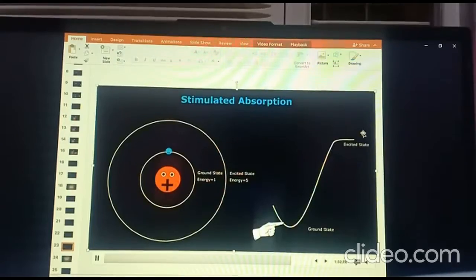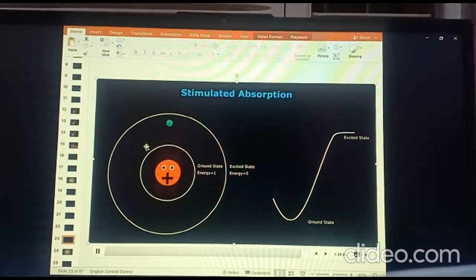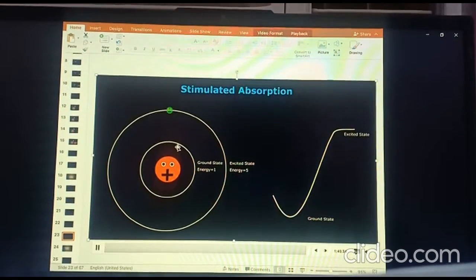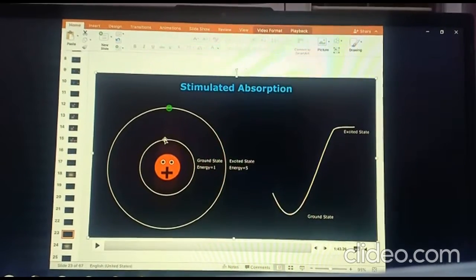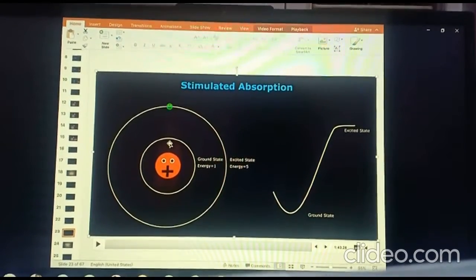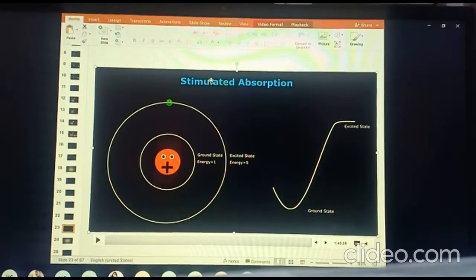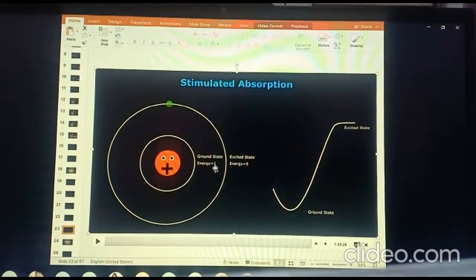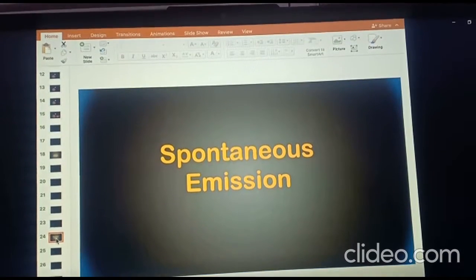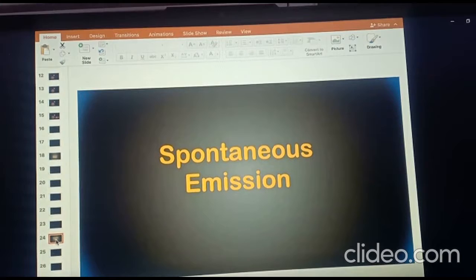Okay, so guys, the photon should have the same energy difference between the excited and the ground state to reach the excited state. Otherwise it will go outside the system or come back to the ground state again. Okay, now you have understood stimulated absorption. Here the absorption is done by the electron and the energy is given by us by a photon. The photon has the same energy that we want. Okay, so guys, here we have completed our first step. Here we have not released any energy, so no light will be seen until this first step.